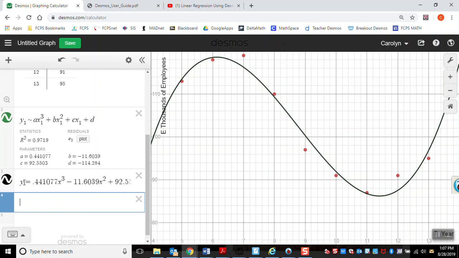Okay, and you can see this actually graphed exactly where I wanted it to, on top of the green